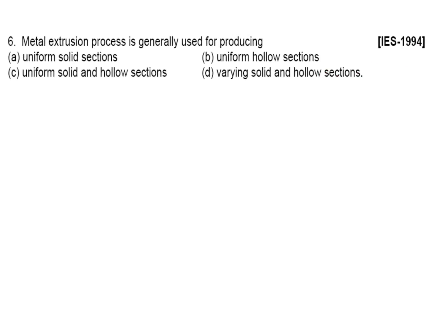This is correct. Then uniform hollow section. This is also correct. Uniform solid and hollow section, this is the best answer. Bearing solid and hollow section, this is the drawback. Drawback of extrusion process: you cannot produce varying solid and hollow sections. It's very difficult to produce varying solid and hollow sections in